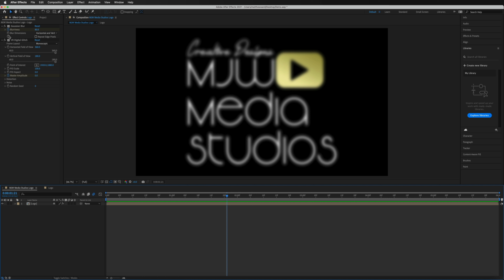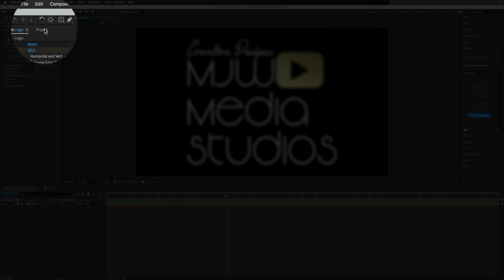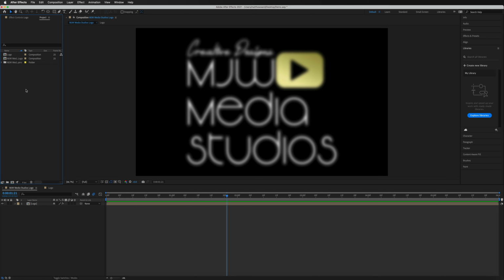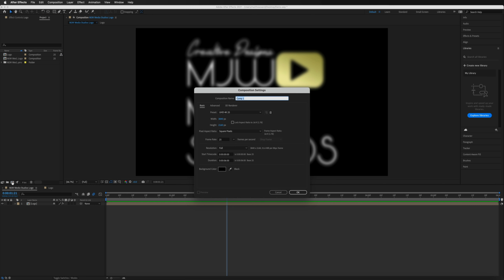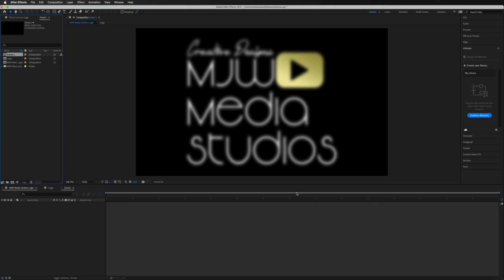If you want to know how to get rid of this section right here, all you got to do is come off the effects controls and go back to the project and just select that one, and then that'll go back to our original files. So next we're going to go ahead and create a brand new composition just with our little rectangle down here with the shapes inside of them. And I'm just going to keep that as comp 1 and leave all these settings as they are. Just go ahead and hit OK.